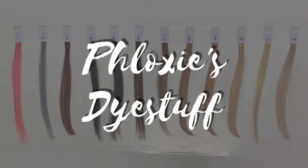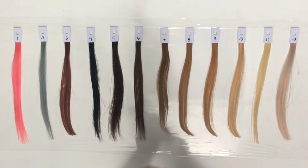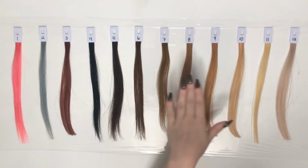Today we're going to be looking at Iroiro in the color Deep Blue. So first thing you may notice is that my swatches are labeled 1 through 12. I do just want to say that those numbers are not synonymous with hair levels or anything. I do different video clips and pictures and such throughout the video, so numbers just help us keep track of